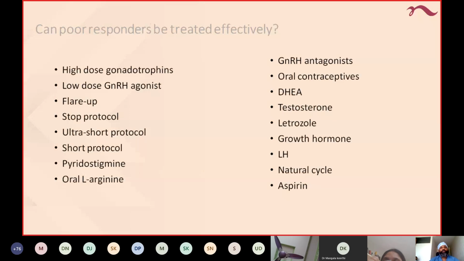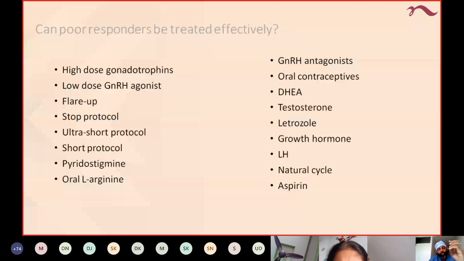And what are the other alternatives? Adjuncts, they're called. So in IUI also, some of these that I'm telling you can be used. High dose gonadotropin can be done. Low dose GnRH agonist can be done. Flare protocol, stop protocol, ultra short protocol, or using adjuncts like pyridostigmine, oral L-arginine, GnRH antagonist, OCPs, DHEA,